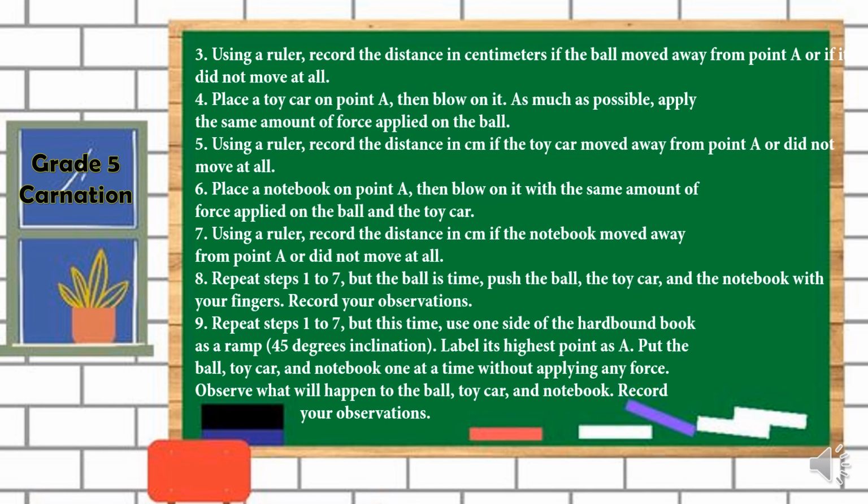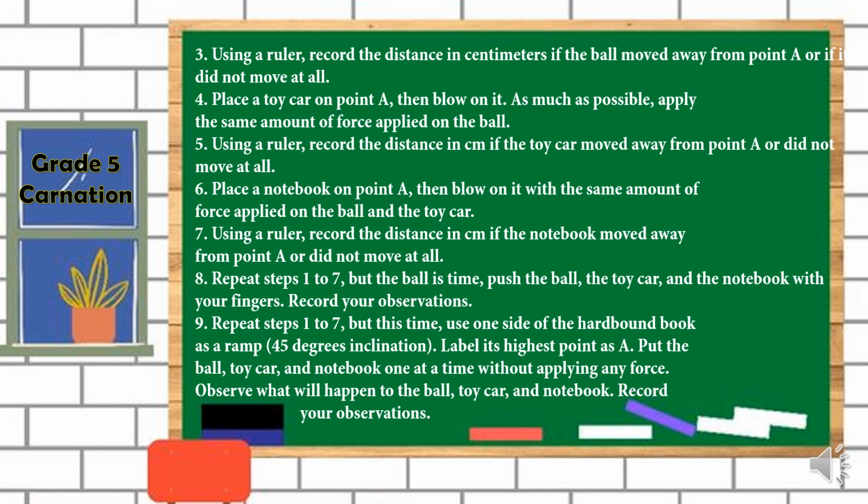Number 6, place a notebook on point A, then blow on it with the same amount of force applied on the ball and the toy car. Number 7, using a ruler, record the distance in centimeters if the notebook moved away from point A or did not move at all. And number 8, repeat steps 1 to 7, but this time,